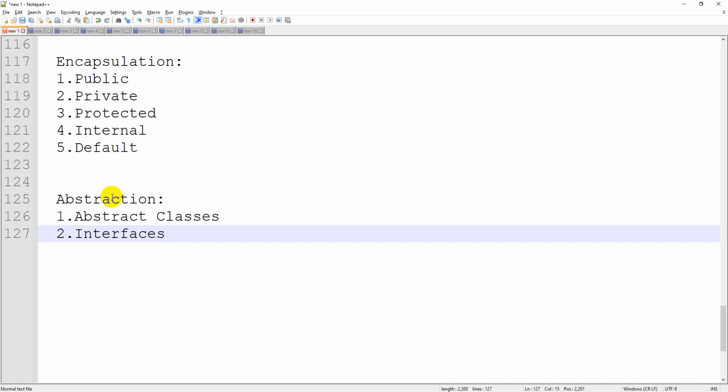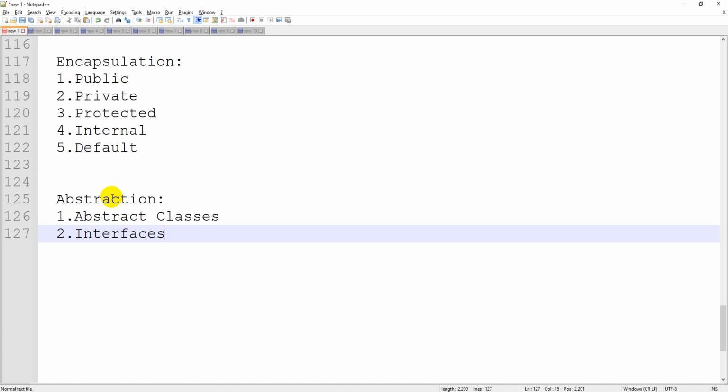Coming to interfaces, every method in an interface is an incomplete method only. So you have to implement the interface, and only then can you utilize it. The advantage of using an interface is that for one particular task you can implement multiple codes. Suppose I have an interface called shape, and I just want to calculate the area of the shape. Then I can have a circle, a rectangle, a square. Like this I can have multiple implementations for the same concept. That is the advantage of using interfaces compared to abstract classes.